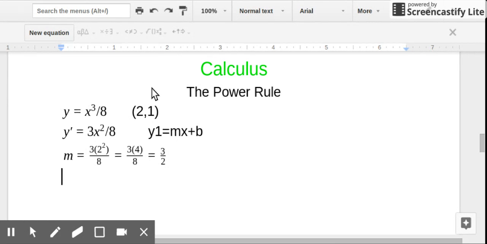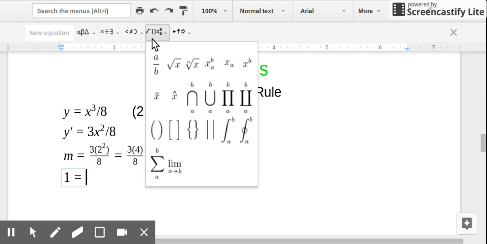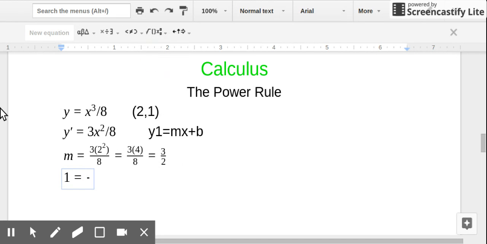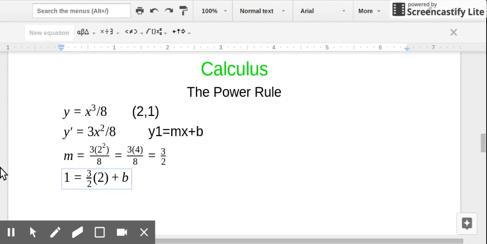So this is our y1, which happens to be 1, is equal to, our m is 3 over 2, our x is 2, plugging 2 in. And then, of course, we're trying to solve for b in this equation. As you can see here, nicely, those 2's cancel out. So we end up with 1 is equal to